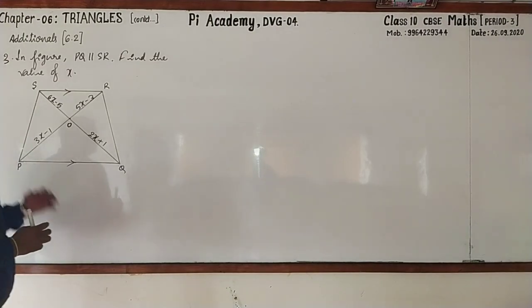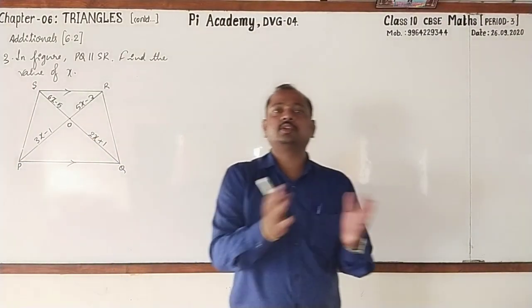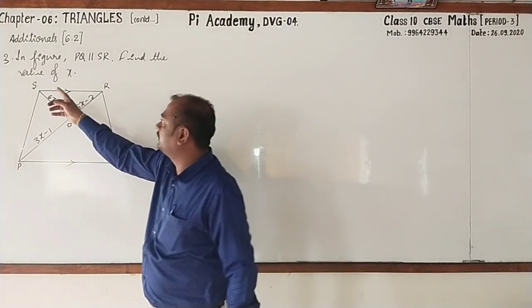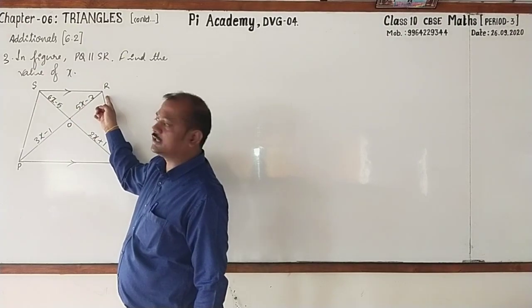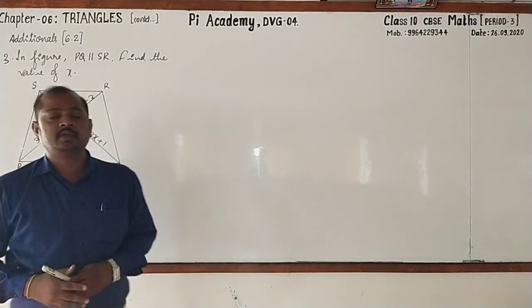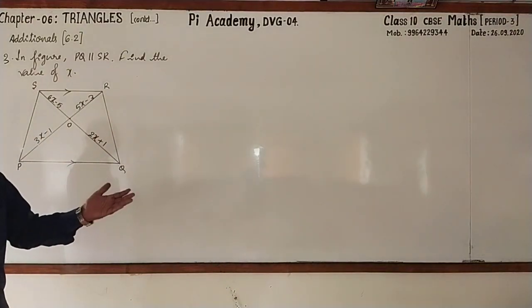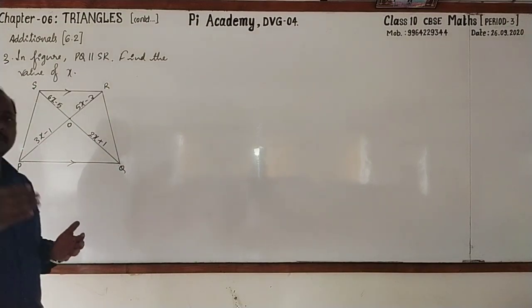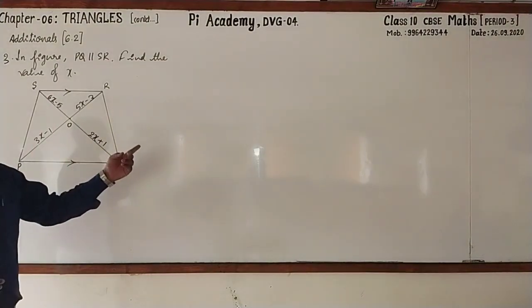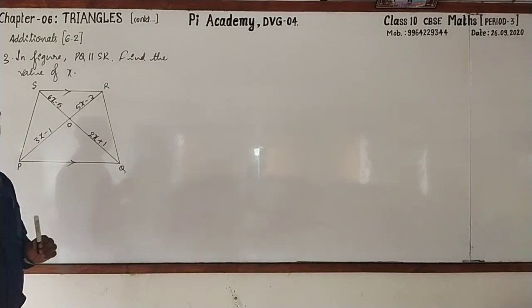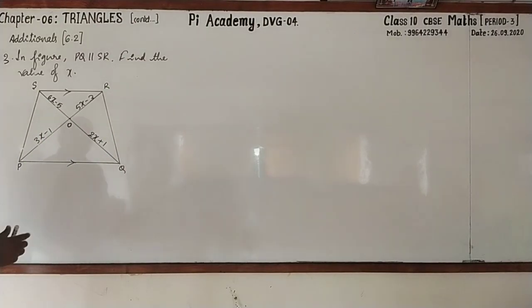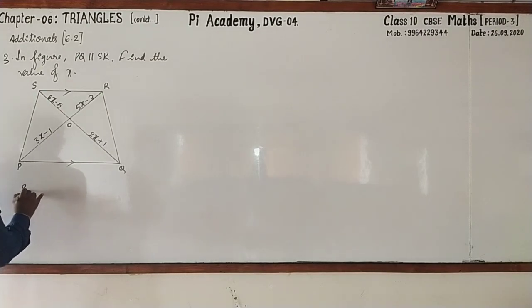Dear students, one more statement similar to previous one. Go to this. In this figure, they are given PQ parallel to SR. Then we have to find out the value of x. It is similar to previous one. Pausing the video, go for solving that. Then after that, you can cross check with my writing. Yes, pause the video. Yes, now you may follow this one.